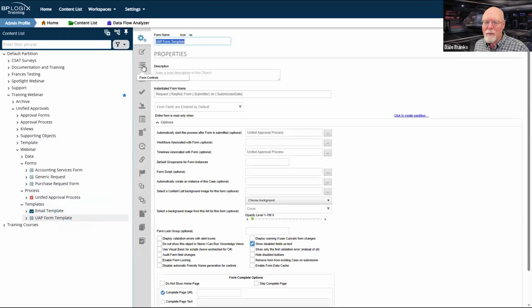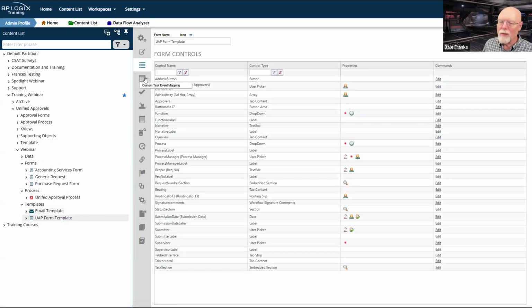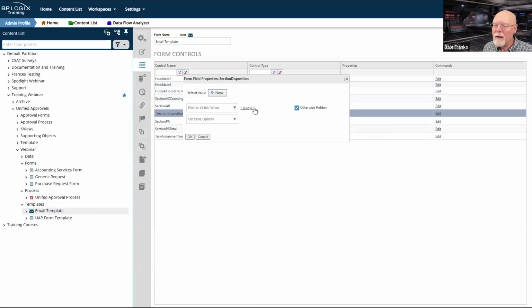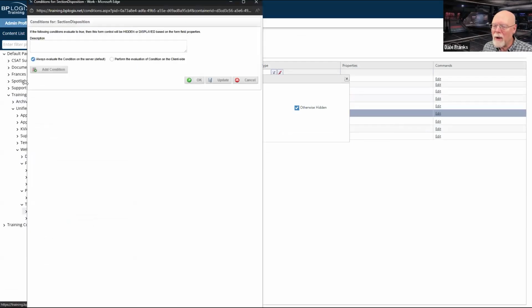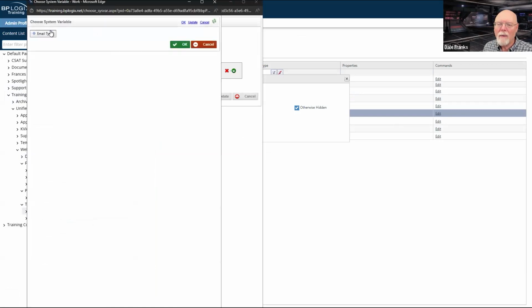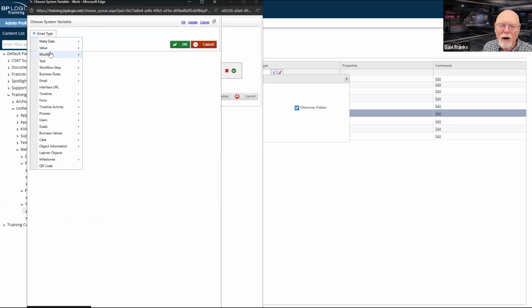UAP form template, form controls. That's not the form template. That's not the email template. This is the one I want. So section disposition. Okay. What happened to my condition? I did something wrong, apparently.